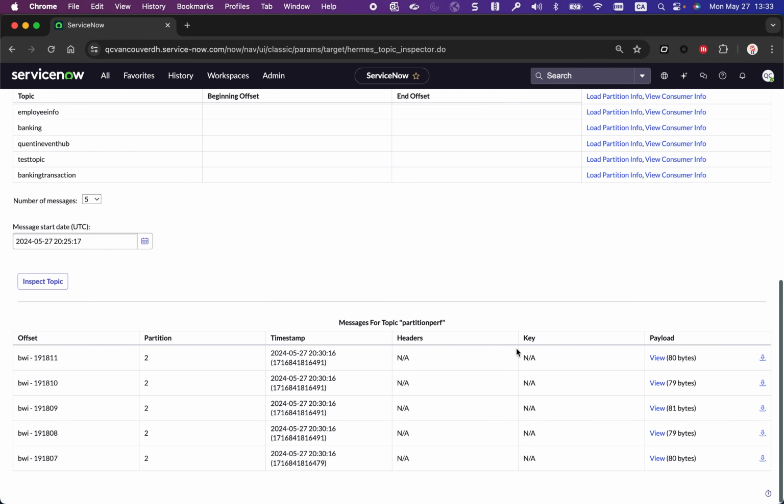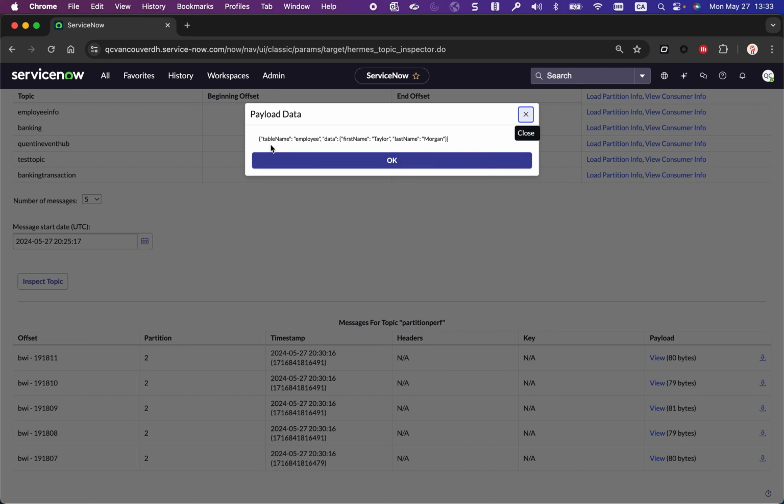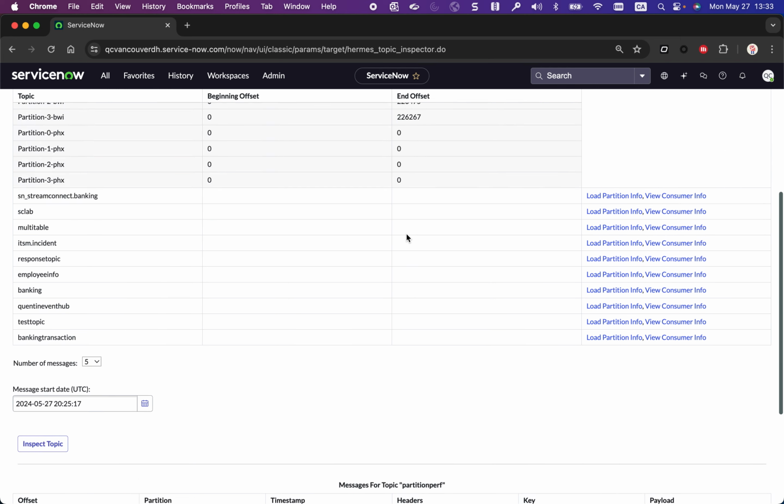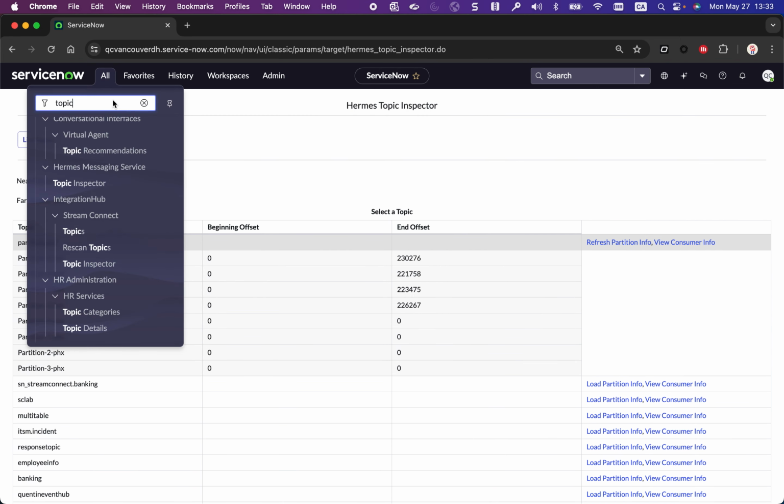I just want to show the payload, an example of what we get. Each message looks like this, right? This bunch of employee data. I'm just getting first name, last name, and just feeding the table. And I'm using for that the ETL transformer that I'm calling from a script consumer. So if I go in script consumer,